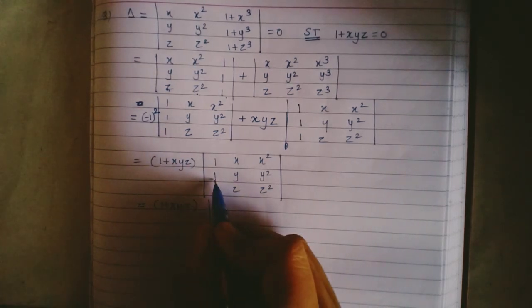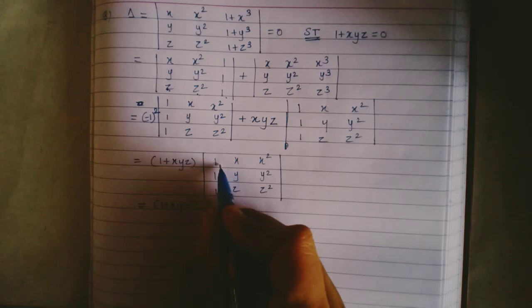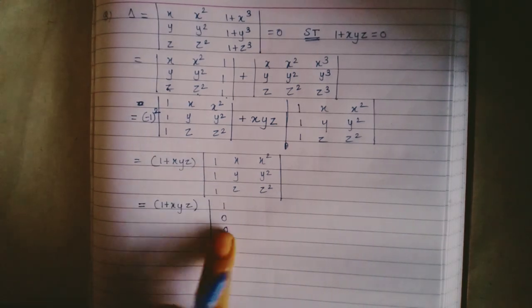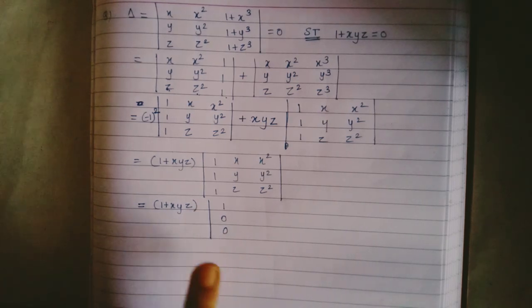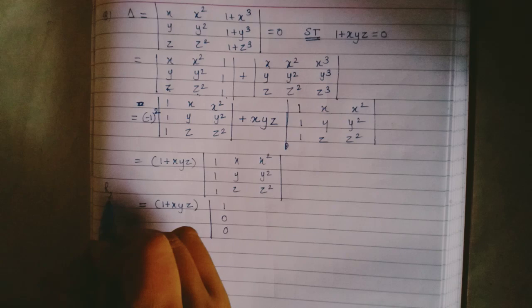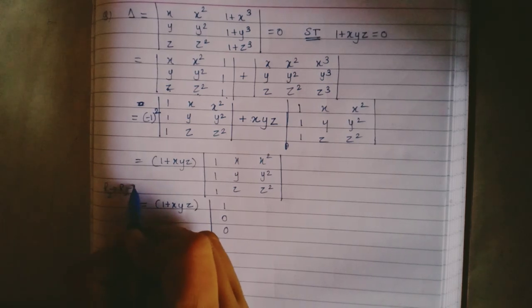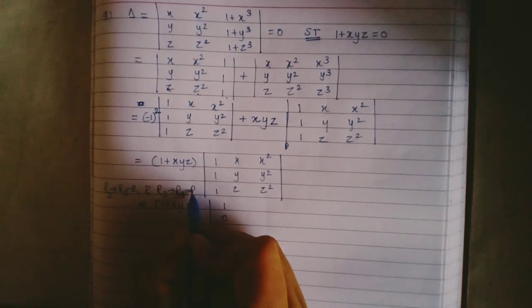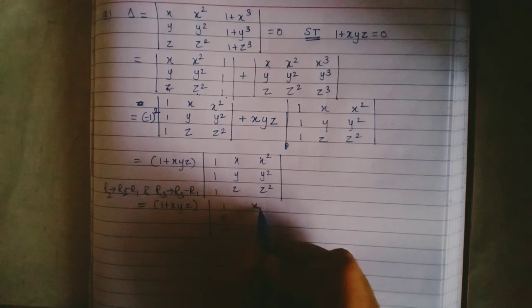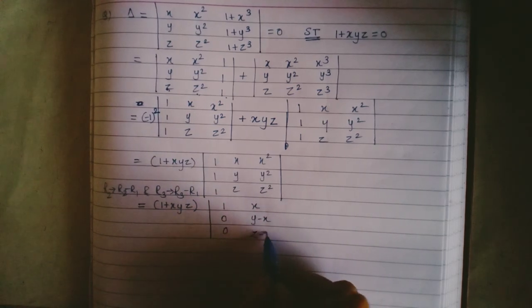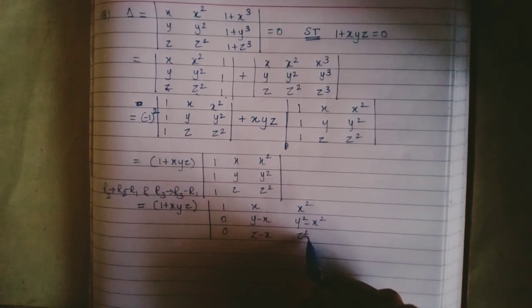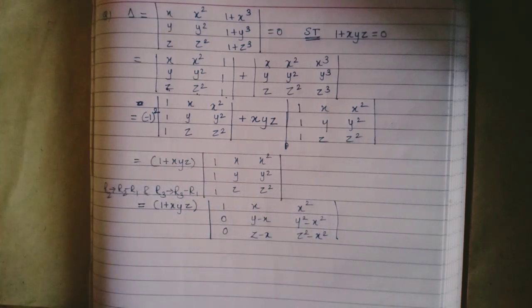I'll just subtract R1 from R2, that is I am making both these entries 0, that is I am applying R2 minus R1 and R3 minus R1. Okay, so here it will be y minus x, z minus x, y square minus x square, z square minus x square. Okay,